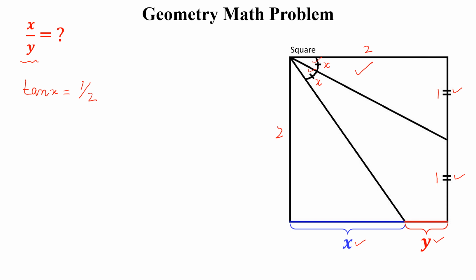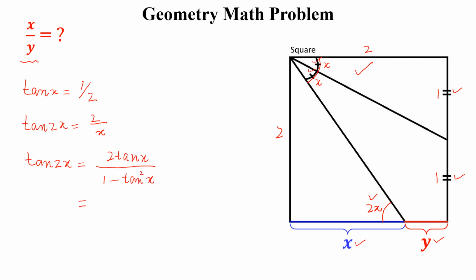And if this angle is x and this angle is x, this will be 2x, so this angle will also be 2x. So from this angle we can write tangent 2x equal to 2 divided by x. We know that tangent 2x is equal to 2 tangent x divided by 1 minus tangent square x. So tangent 2x is 2 by x and 2 tangent x, so 2 into 1 by 2